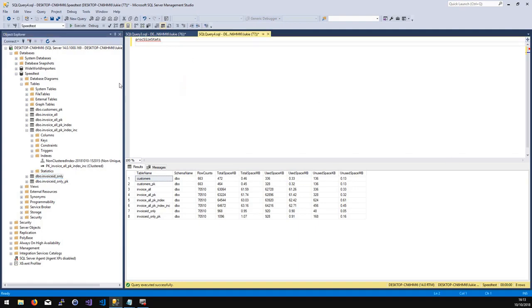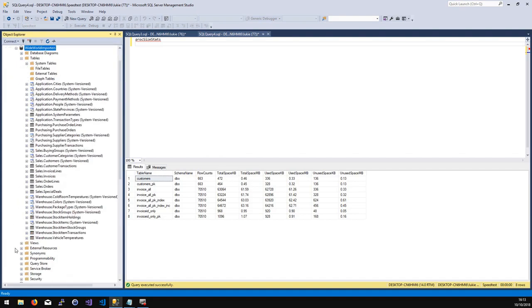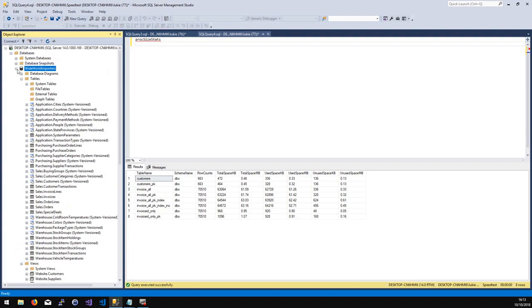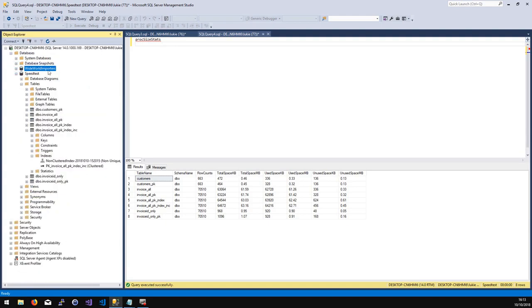So what am I doing here? I have SQL Server Management Studio, which is pointing to my local desktop machine where I have SQL Server running. I have this database called Wide World Importers, and this is just a Microsoft test database with tons of tables, tons of different sorts of technology and tables and views and all kinds of stuff. And it's really just a demonstration database, but I've got that just because it's an easy way of getting temporary data just to play around with queries and learn a little bit about indexes. So I've taken that and then I've created